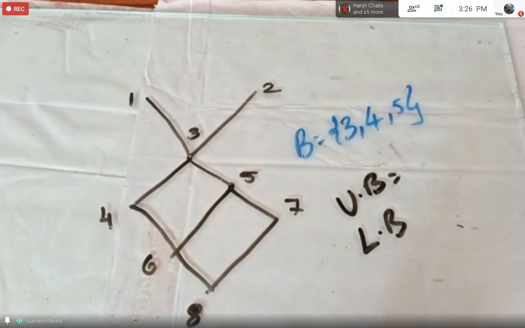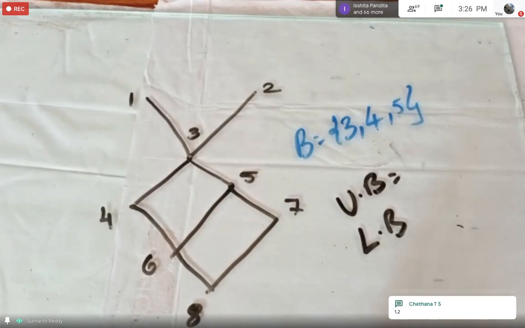Okay. Yes, Kamal. Actually, this kind of diagrams will be funny only. So the subset of elements that I have given you is 3, 4, and 5. So now, can you please answer which are the upper bound and lower bound elements first? Which are the upper bound elements and which are the lower bound elements?